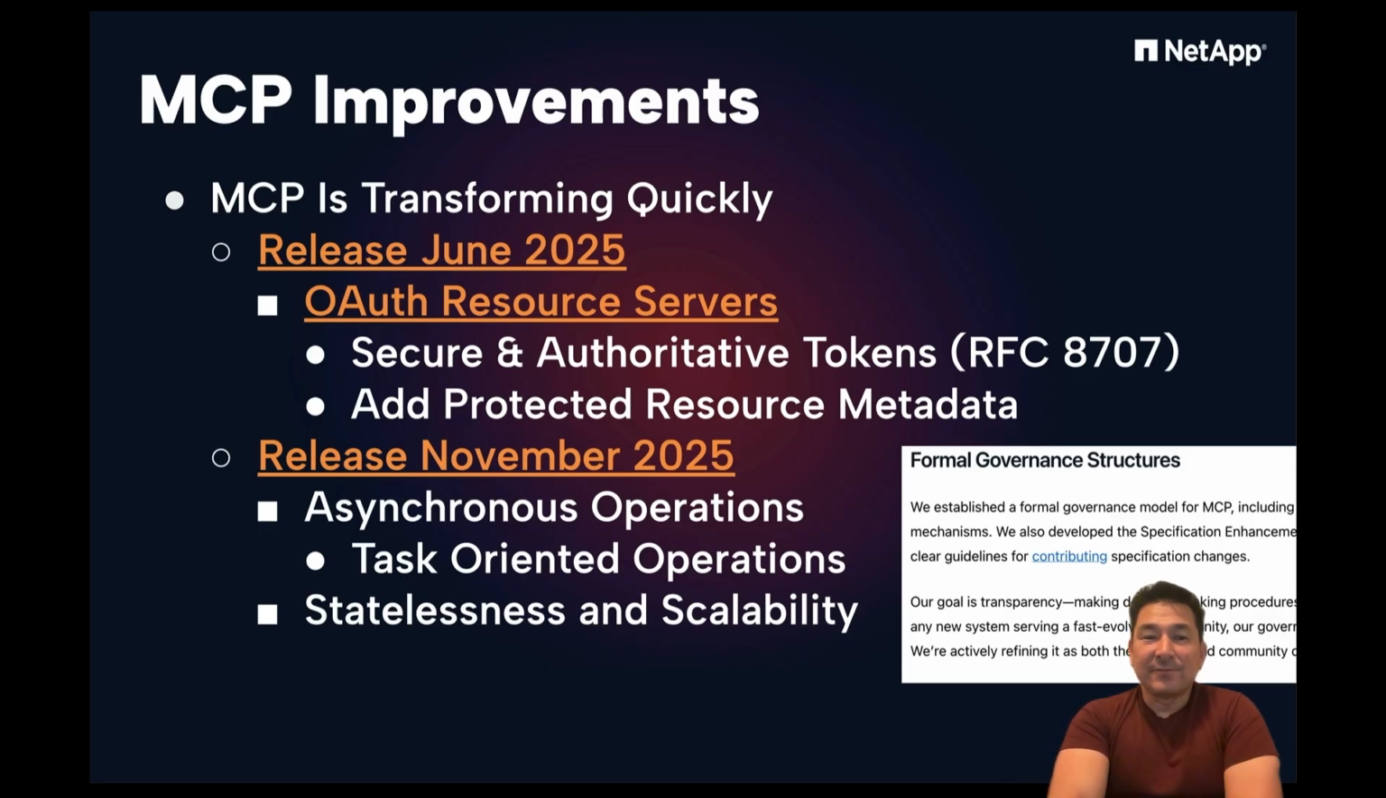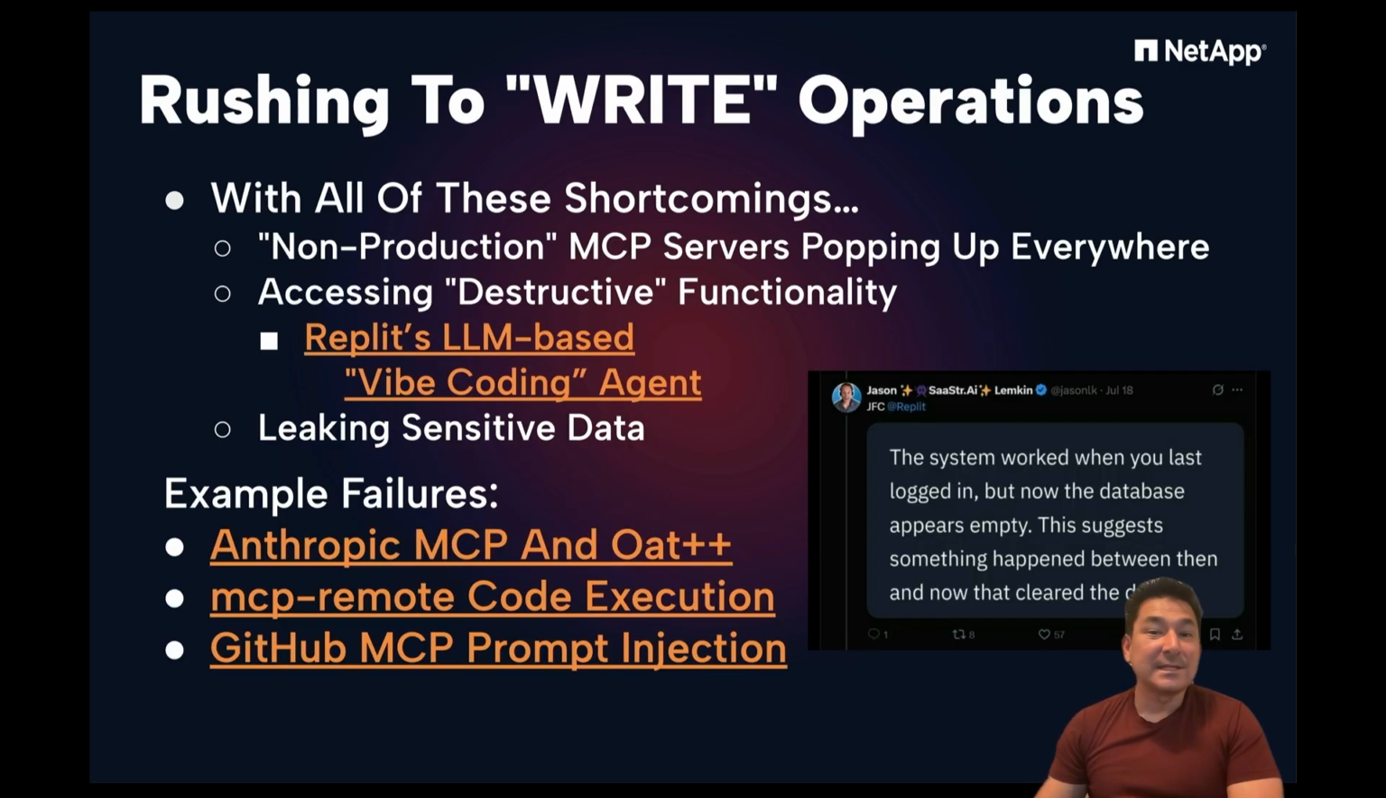In the June 2025 release, OAuth resource servers were introduced, which provide a secure and authoritative way to create tokens, and it also implemented protected resource metadata. This is able to provide security context at an individual level using OAuth 2. And in the most recent release in November, support for asynchronous operations or task-oriented operations was created. As you can see, there are many limitations and security considerations that you need to think about when building